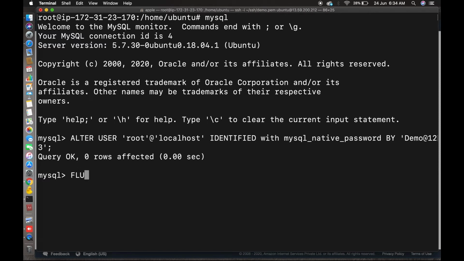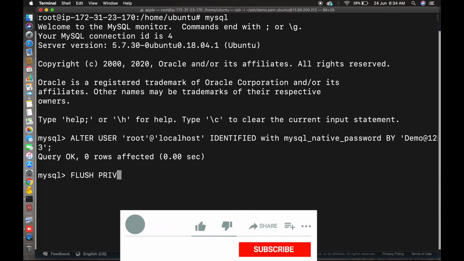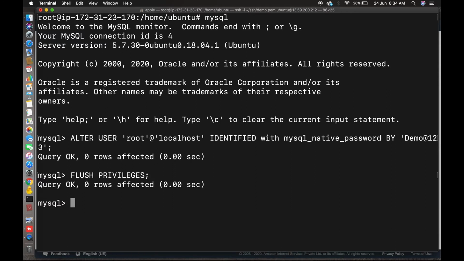Next we will install PHP with two modules, PHP-FPM and PHP-MySQL. Now you can flush privileges. Then you can exit now, so that we can install PHP as root.